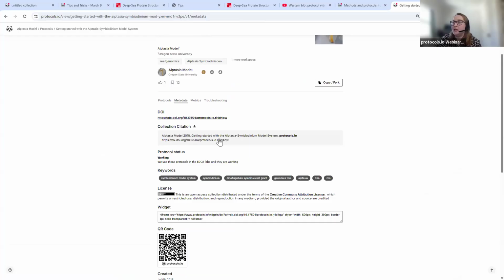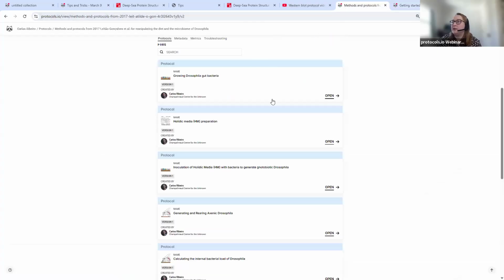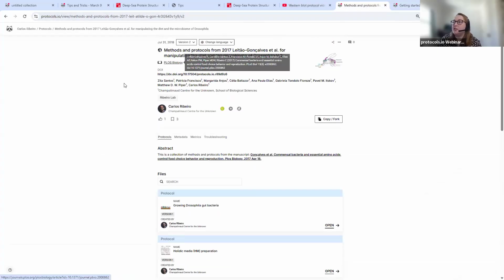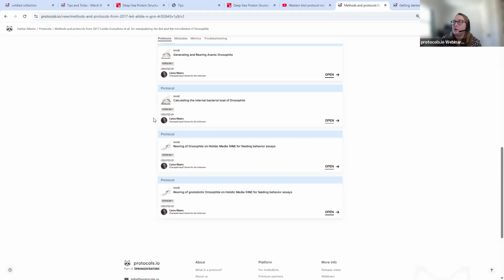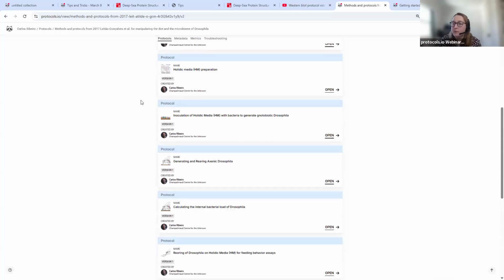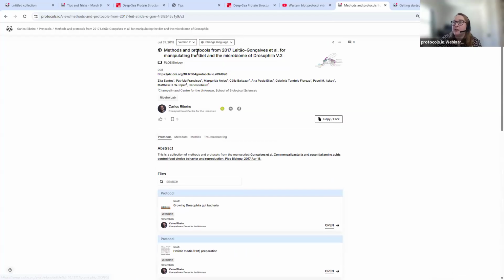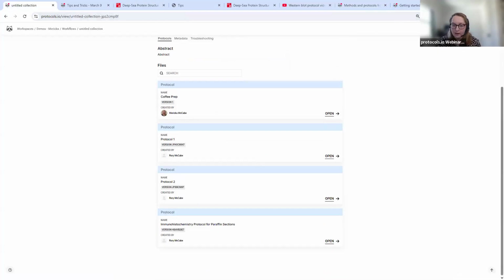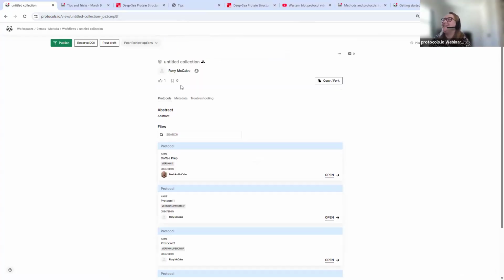And you can see that you also get a collection citation. Another really nice example of this is this PLOS Biology paper, that they have a protocol collection with every protocol used for the paper. And not only is that collection what's referenced in the paper, but you can go to the paper directly from the collection. I'm going to go back to our slides and then, oh, sorry, I forgot one more thing, which is advanced